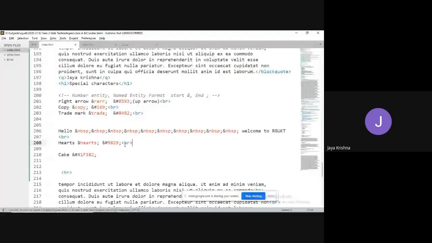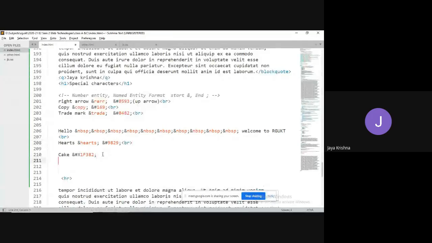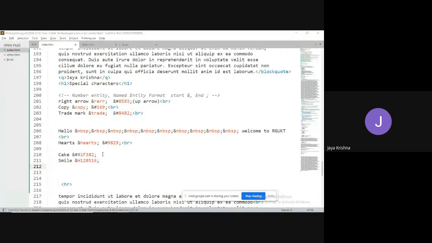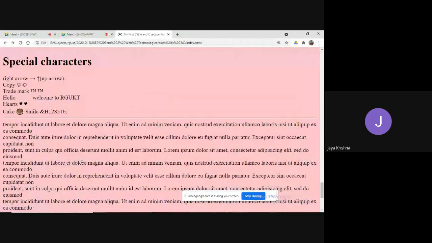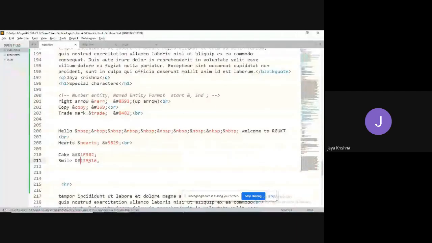For example, you would like to display some emojis. Ampersand hash 128516. A smiley image will appear.